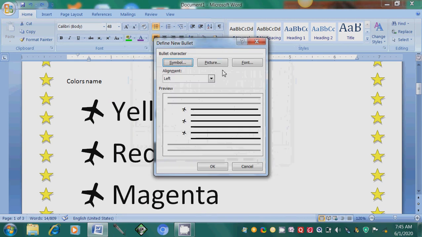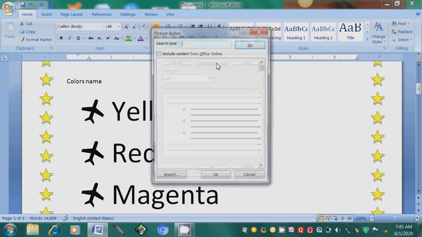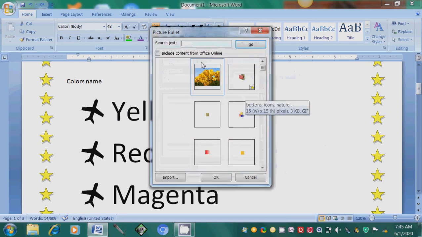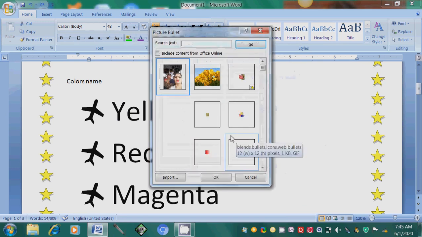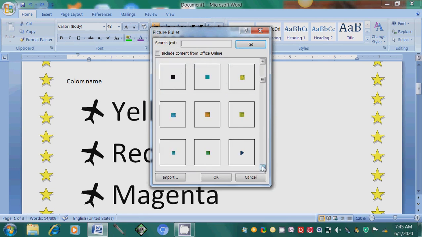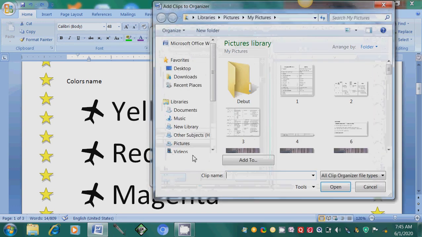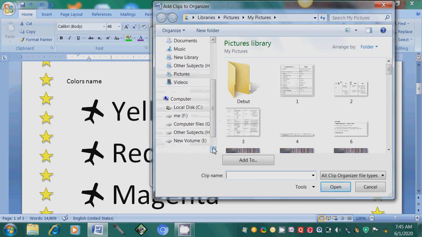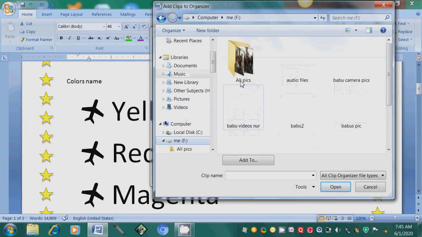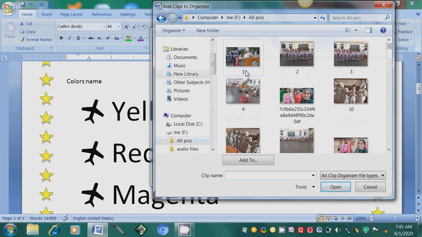Now picture. You can select a picture as a bullet. You can select your own picture also. See, you can import a picture. See my document, all pictures.